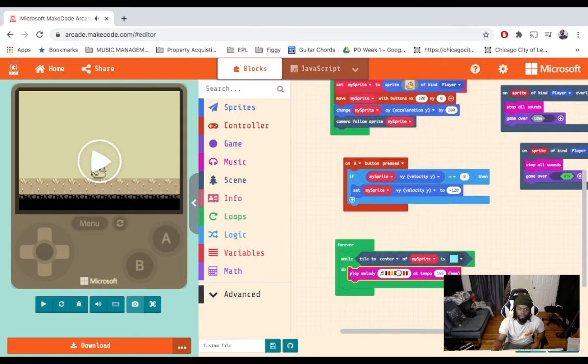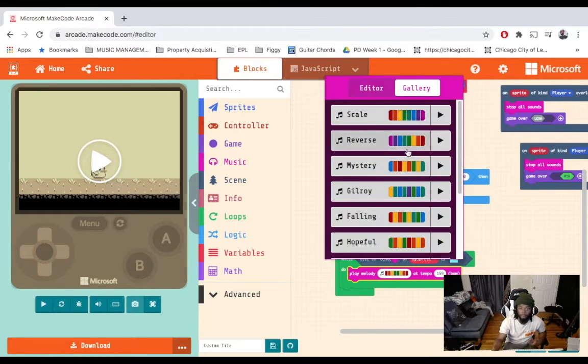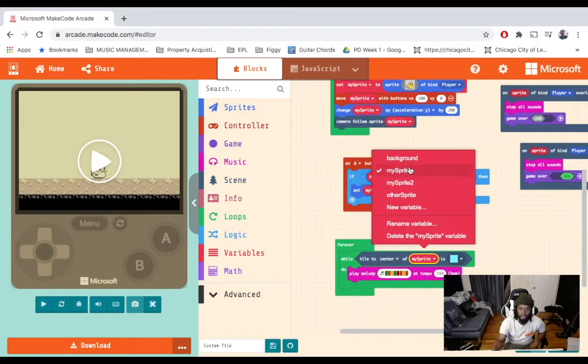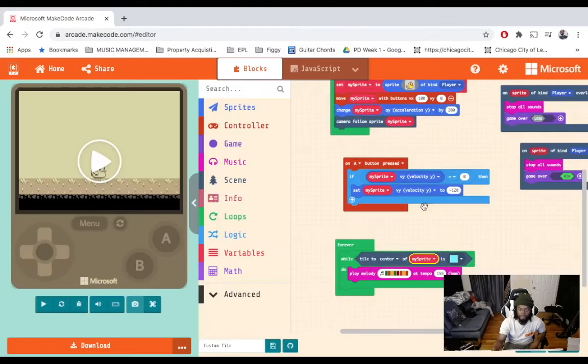We also have a bunch of really cool options here that already have this sort of setting going on. But as of right now, while Ducky, my sprite, is center, is the tile is there,